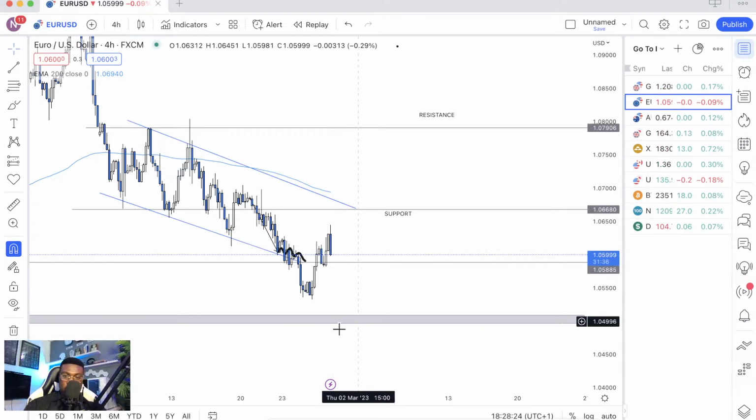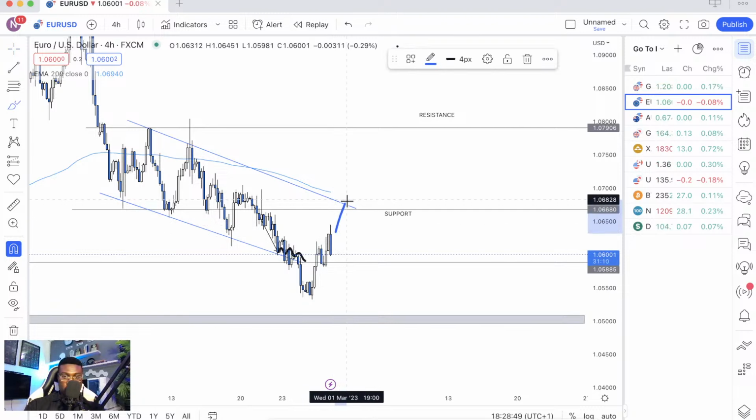I have a strong feeling about this cycle level, and I still think the euro dollar market is still going to break down to this 1.05 cycle level. But if you can break above this previous support that has served so strong for the euro dollar market, it was broken, but if you could break above it,